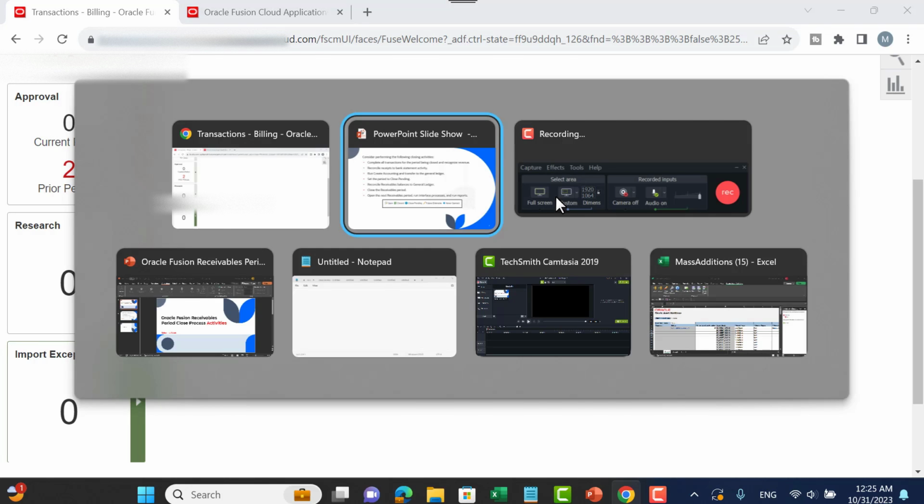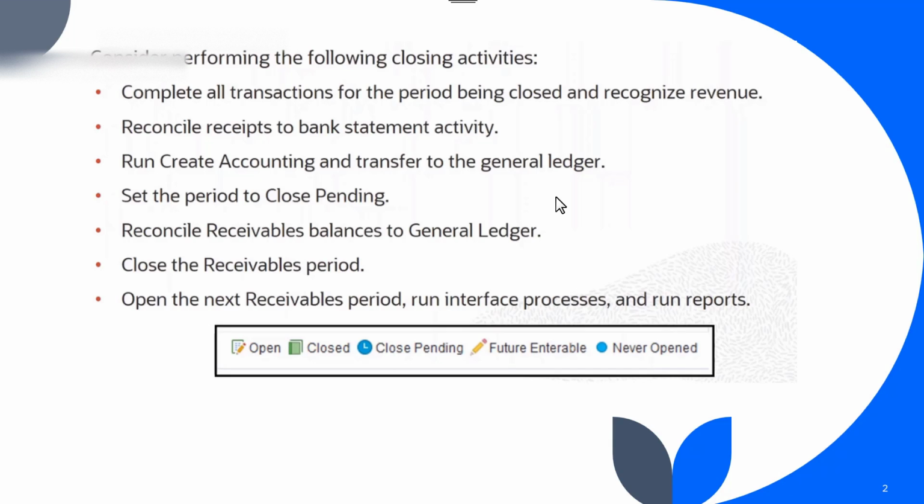Let's come back to the slide here. So this is the reconcile receipts to bank statement. Run create accounting and transfer to the general ledger. As you know, to run the create accounting process with the parameters that we will see after some time, accounting mode will be final,